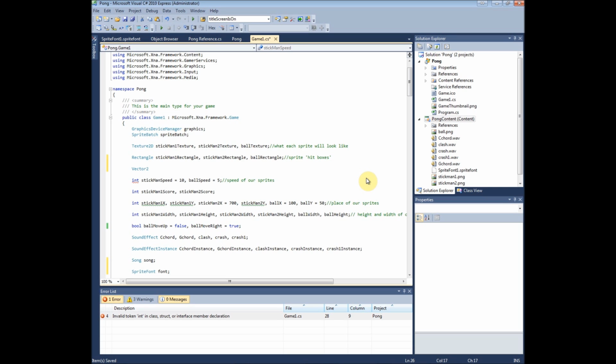Only whereas the rectangle held position as well as width and height, the vector 2 will only hold the position or the width and height. It holds 2 numbers. So I guess that means that if you wanted to, you could switch out the rectangles for vector 2s, but then you wouldn't get the nice rectangle to use in collision. So it's not that. Just stick with the rectangles for the sprites, and we'll use vector 2s for our